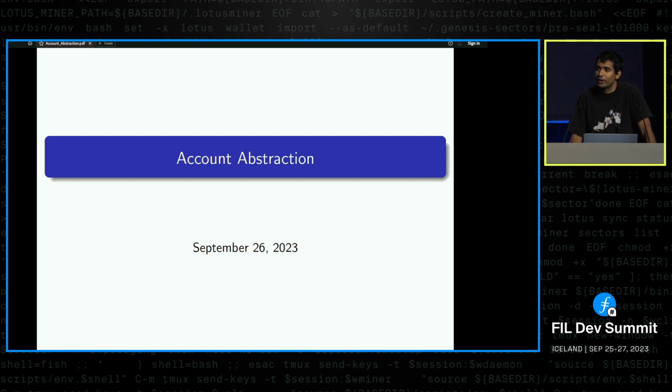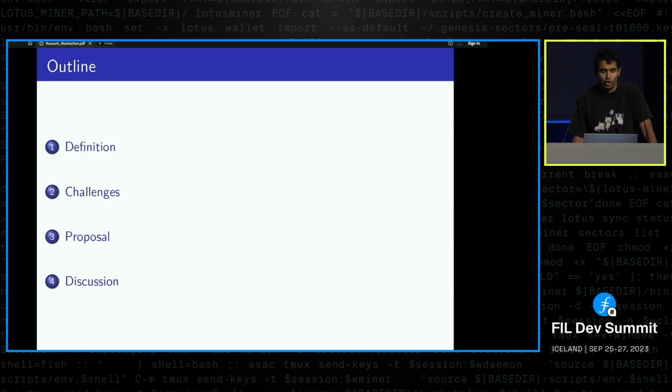So it'll be fairly interactive. I wanted to quickly go through a definition of account abstraction and some challenges. We've already covered some of this. And then start off with a proposal. It's a proposal in quotes. It's very much just a starting point that we think we can build on. But if you see very obvious holes in it and need to tear it to shreds, please do so. If we think we can just mutate that in place, fill in the blanks, there are a lot of missing blanks, maybe that'll work. We'll see where we get.